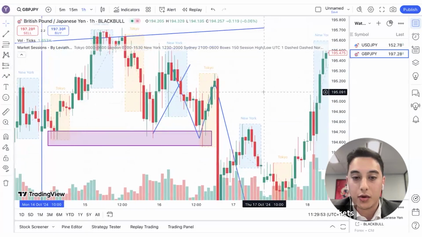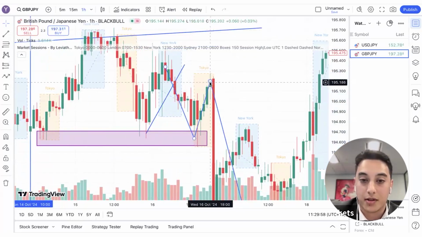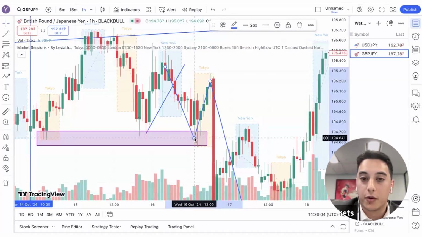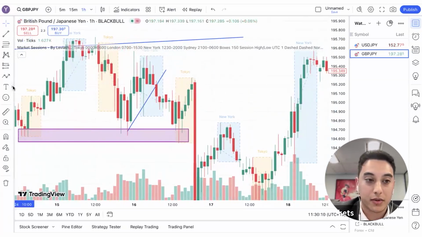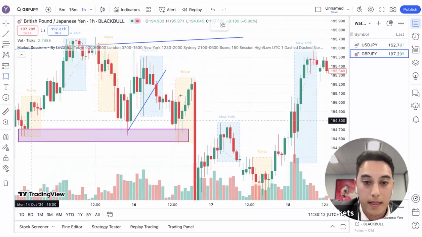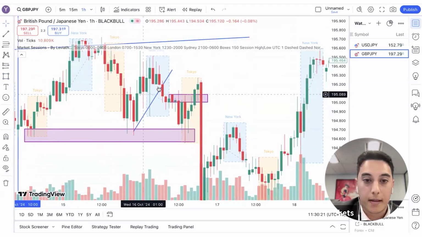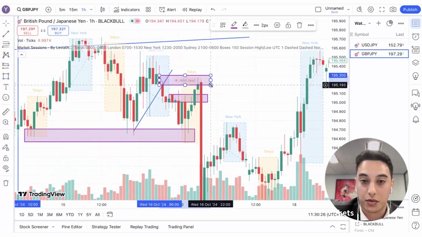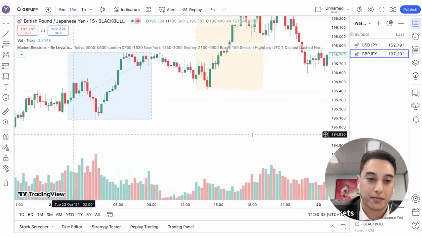So as a seller, you're really thinking, where are the places that I want to sell? In the situation where we've broken out of this trend line and we're looking for supply because we want to trade with the order flow, where is the best place to sell? And now if we draw our zones, this could have been potentially a good place to sell. As well as the second zone, if this doesn't hold, would be somewhere here, which is the original breakout area. So this is where looking at the higher time frame can help you decide what's happening on the lower time frame.